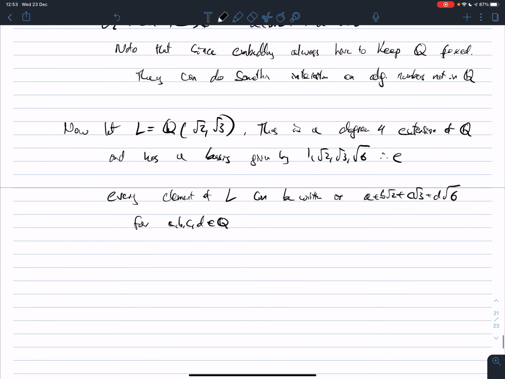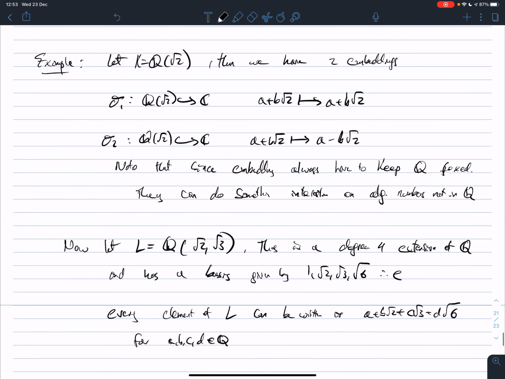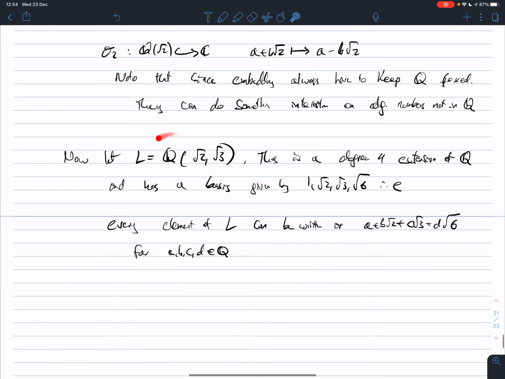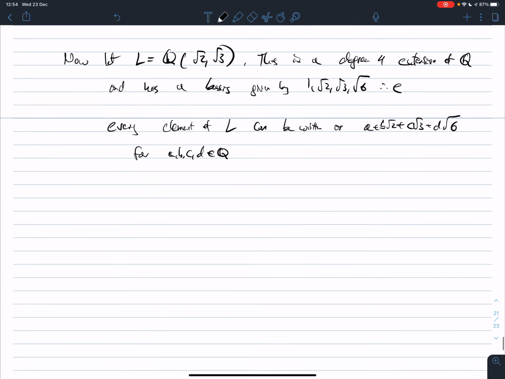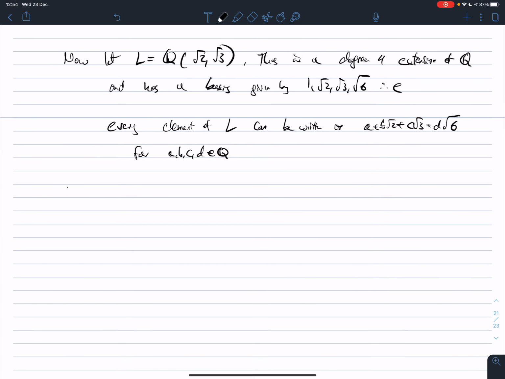Okay, so let's consider what the embeddings of this field are, and then we're going to compare them back to Q(root 2). So notice that Q(root 2), my field K, lives inside of L. This is a subfield. So I'm going to describe the embeddings of L now into complex numbers and see how they compare to the ones that I've defined already. So the embeddings of L are